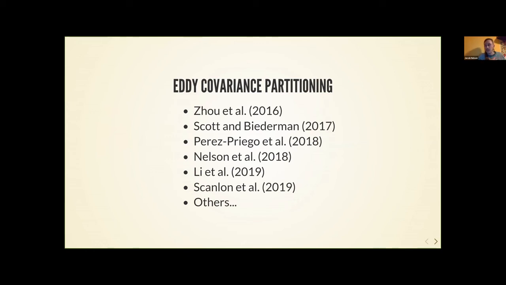And if you've got supplemental data, you can put your study in perspective if you have eddy covariance data as well, with hundreds of other sites across the world based on one of these eddy covariance partitioning methods. And the code is out there. Please use it if you have any questions. I know all of these authors would be happy to answer questions. I'm happy to answer questions, but really feedback of what's working, what's not working, and utilization of these, I think would be really cool from the community.